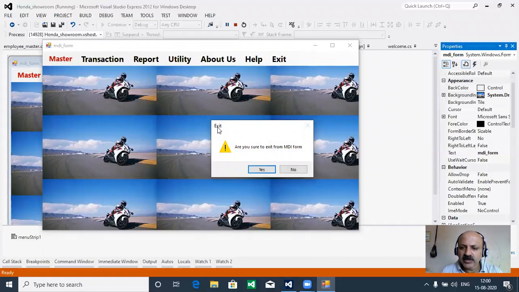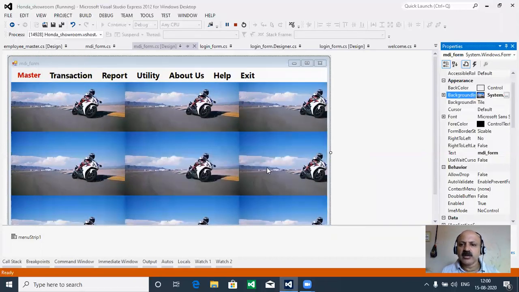There are four properties we can use. That is a message, a heading, an icon, and buttons, yes, no, okay, cancel. So there are four arguments we have to pass in the MessageBox Show method. The Show method is overloaded. There are four values to pass: first our message, then our title, then our button, and then the logo. So there is a combination of four values in this message. Yes, so that is how it comes out.